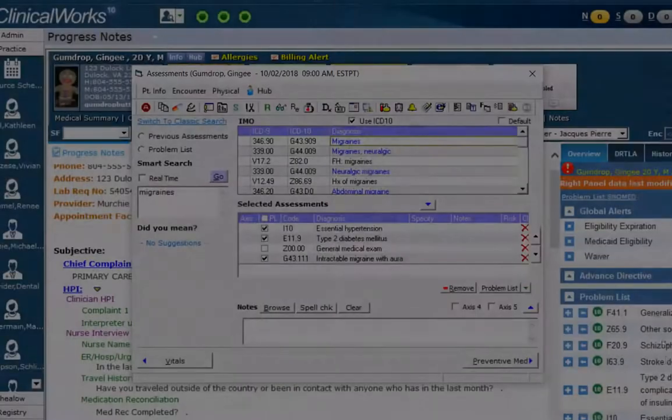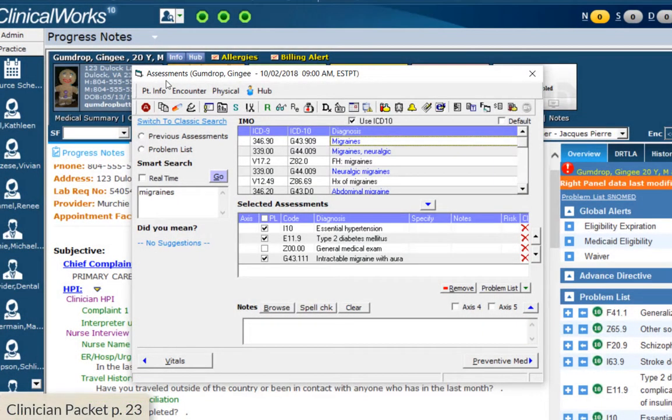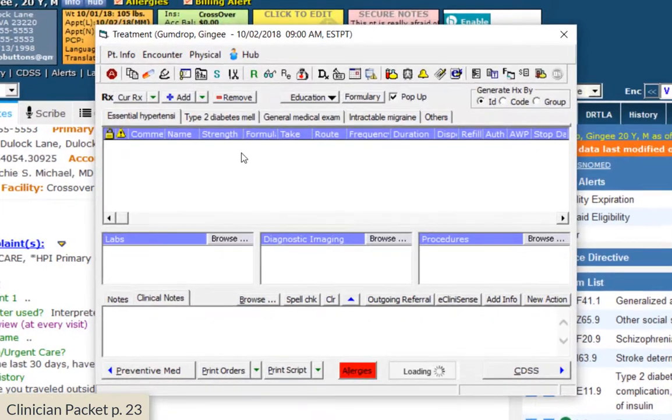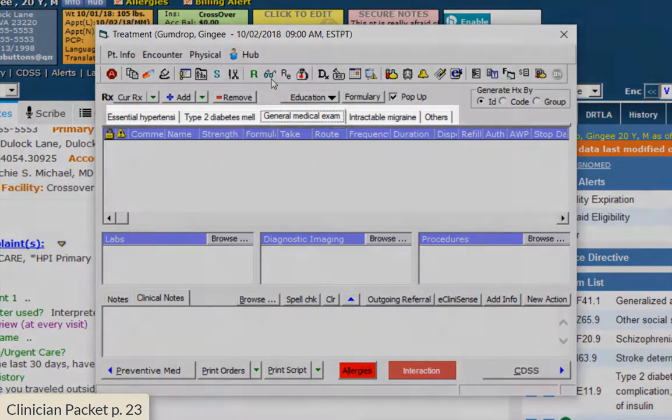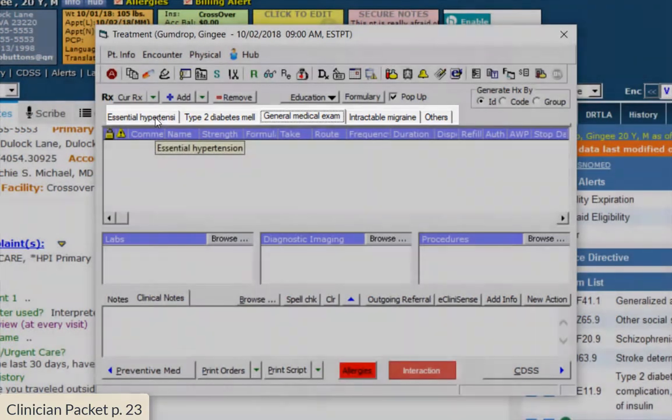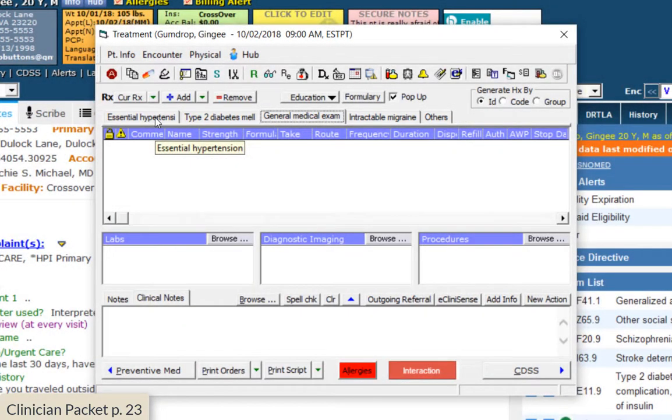That is all we do on the assessment screen. So now we're going to move into treatment, which you can access using this mortar and pestle icon at the top. When I click on the treatment screen, you'll see that there are multiple tabs up here at the top. These tabs correspond to the assessments that we have pulled up on our assessment screen. For each assessment, you will have a tab,